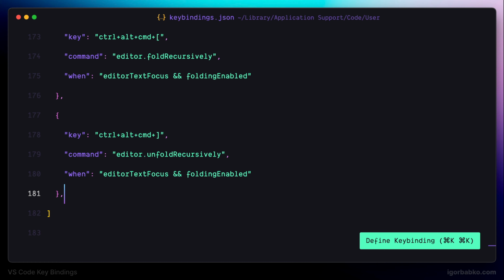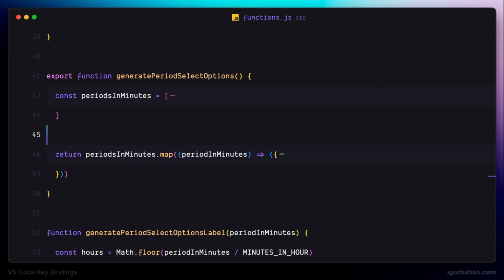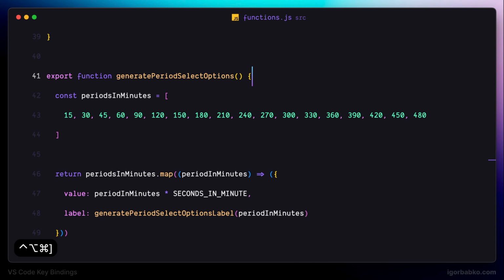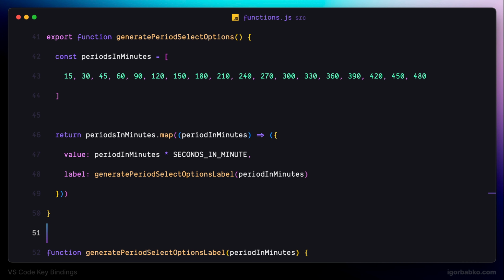I'm going to apply recursive folding to this function by pressing Ctrl Alt command and opening square bracket. Everything was folded recursively, and to unfold it recursively, we're pressing Ctrl Alt command and closing square bracket. And now, not only the function itself was unfolded, but also all regions that are located inside, because we have